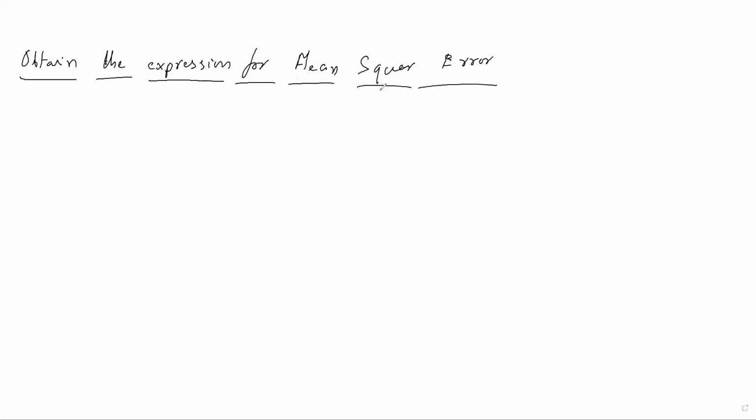We know what mean square error is. After mean square error, the derivation will be completed as in the previous derivation. This is also very important, and there are a few concepts here. Let me give this derivation. It is very important, and it is similar to the previous derivation only.